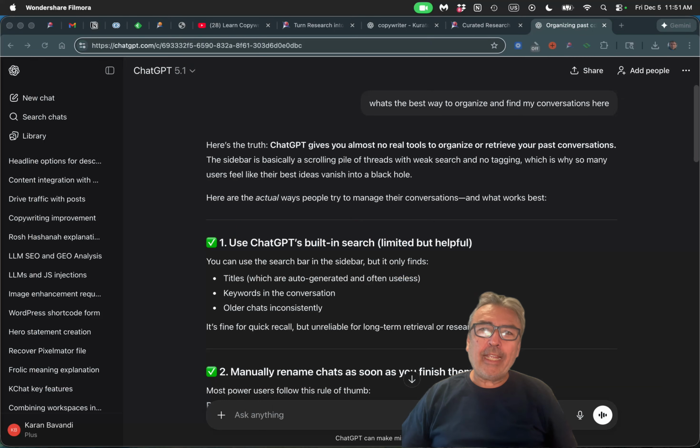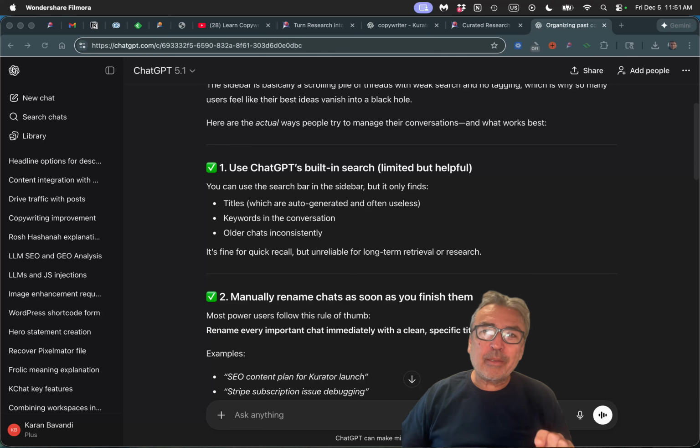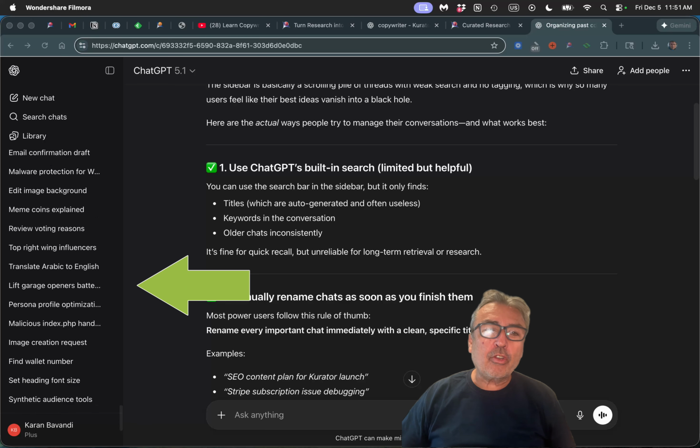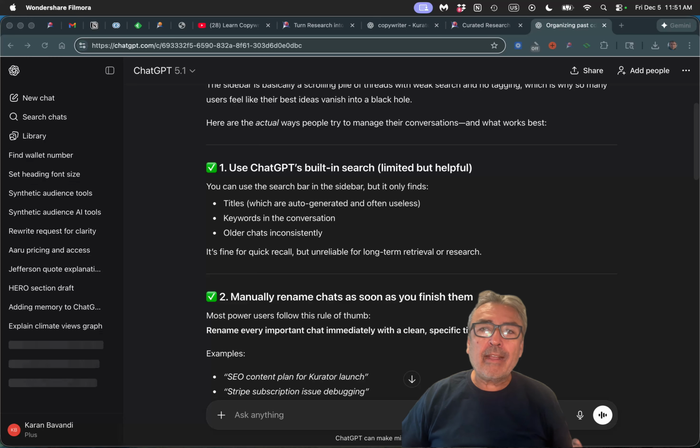If you're like me and use ChatGPT or other generative AI tools on a daily basis, I'm sure you're familiar with this problem of finding your most important conversations. ChatGPT adds your chats in a scroll, and after a while, it becomes very difficult to find your most important